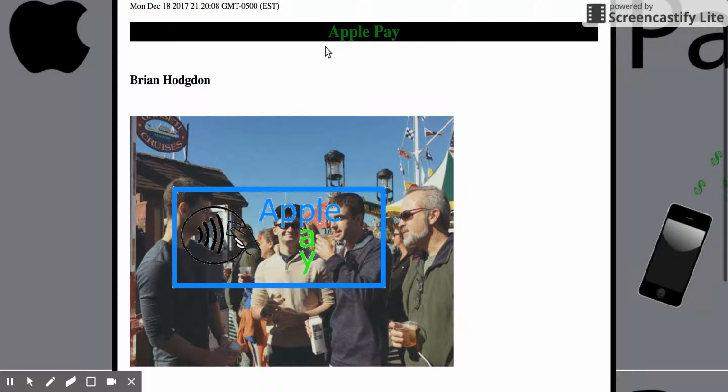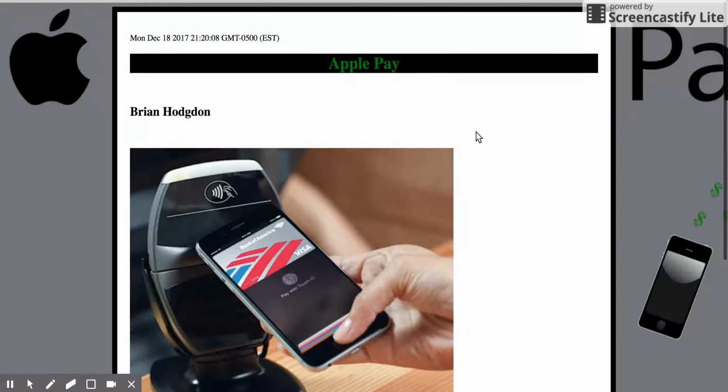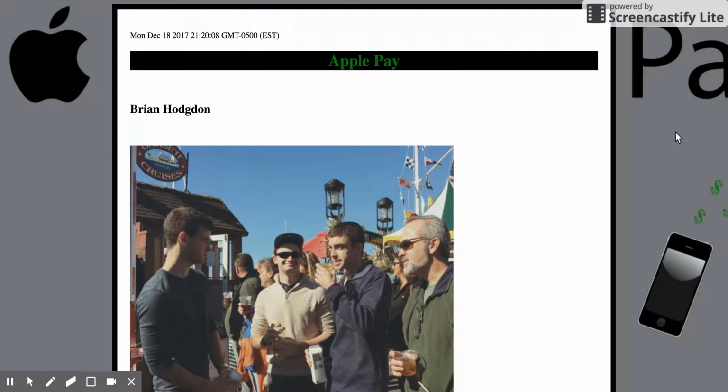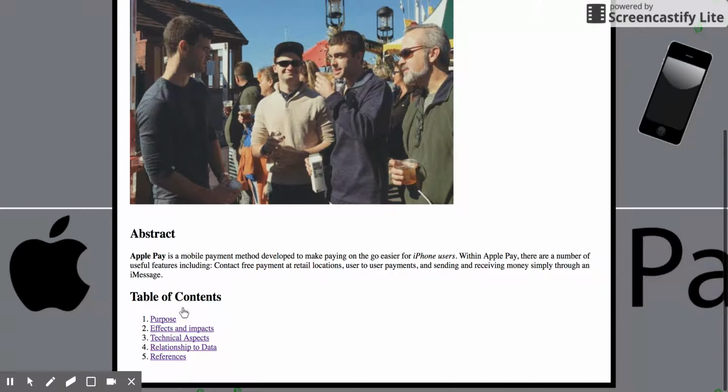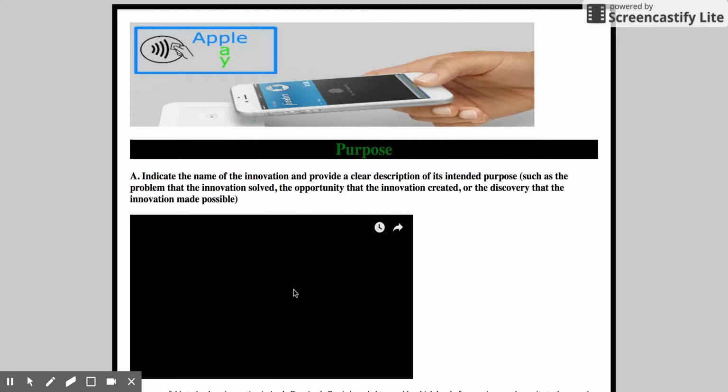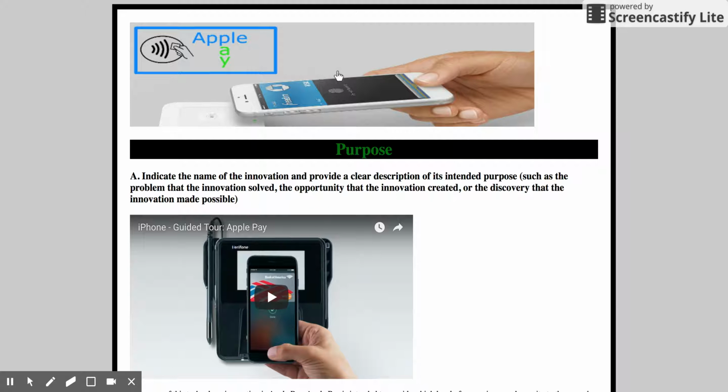Right here you see my banner. Wait, my banner's not on my first page. Okay, I'm just going to go to the next page. Up here you see my banner, which I made using, oh wait, what app did we use here? Oh, I'm using Pixlr. Okay. Right here is my banner,